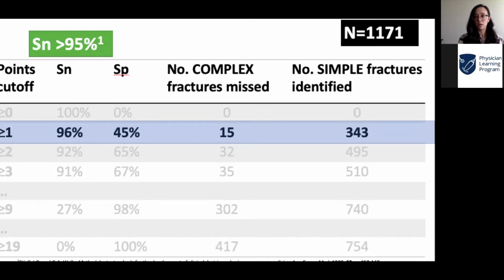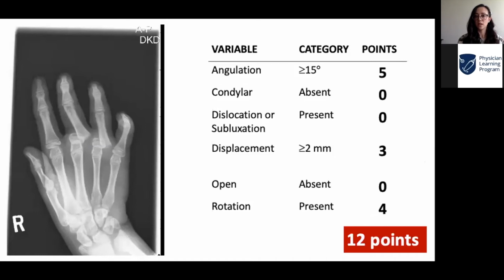So if we pick our points cutoff at 1, that gives us a sensitivity of 96% and a specificity of 45%. Now there's something really interesting about picking a points cutoff of 1, because when you pick a points cutoff of 1, that means that when you see a fracture like this, instead of assessing the fracture by adding up